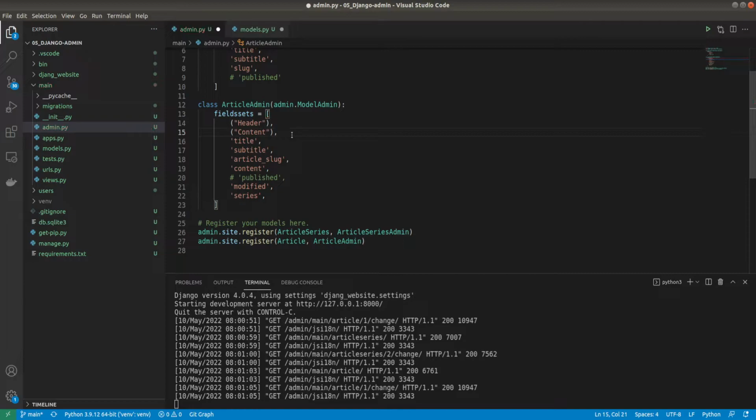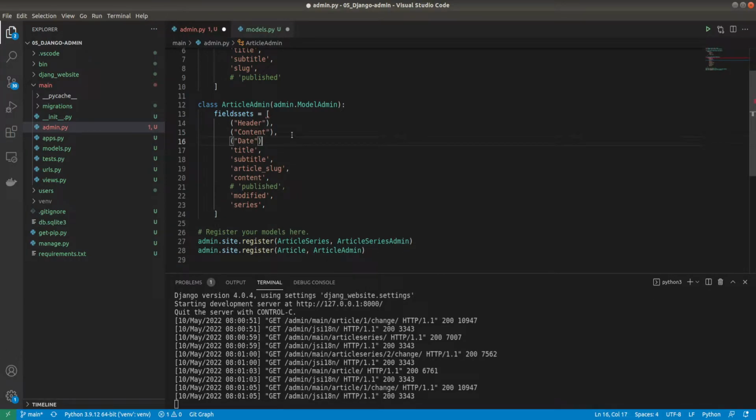And I'll go with a date, right, like that. So now we have a title, so we need to move this inside. So in a header, I would like to see a title. So this will be a fields. Fields will be from